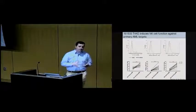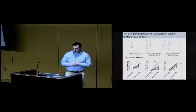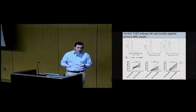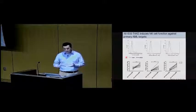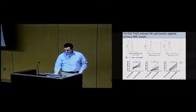So that was against a tumor target cell line, but AML, primary AML, is much harder to kill than HL60 tumor targets. So we wanted to evaluate if these molecules could drive killing of primary AML. And the reason why primary AML is harder to kill is because of those inhibitory signals that I was talking about before. So we're really looking and seeing if we can bypass them with these molecules. And if you compare with the previous slide,